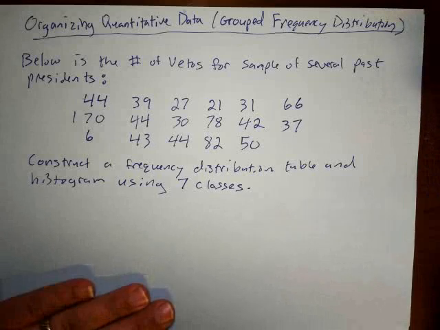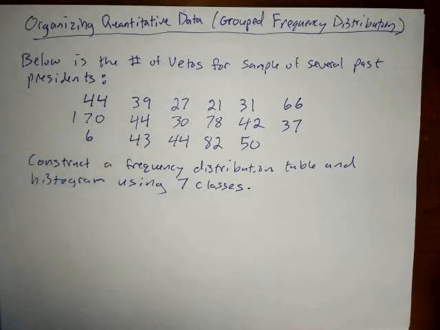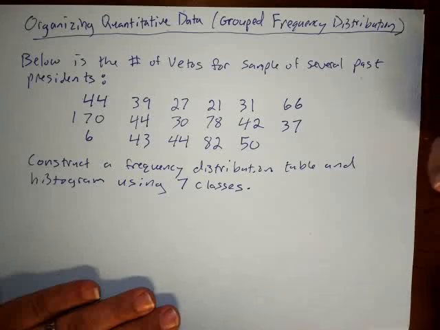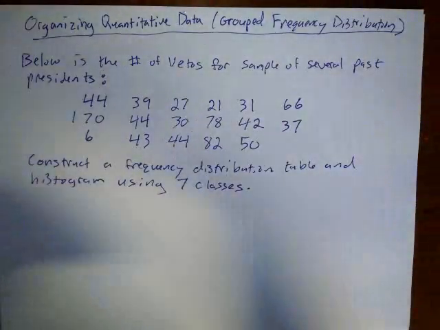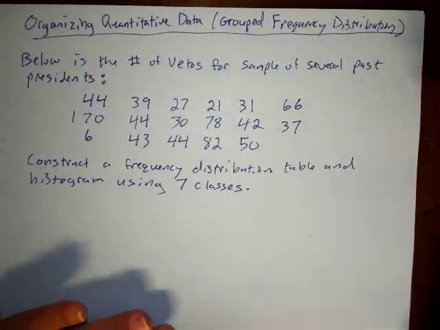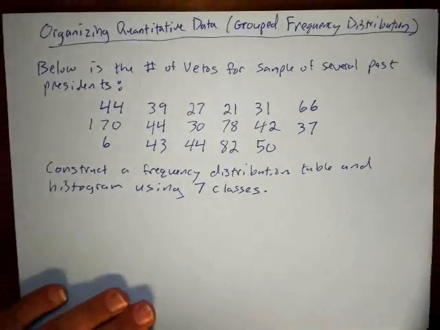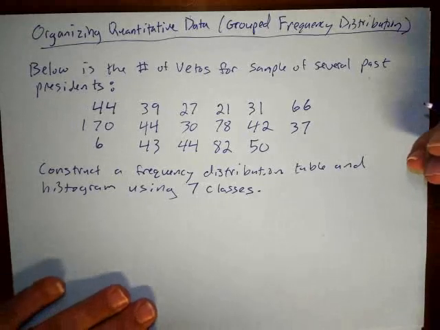But there's other ways you could make the histogram, as long as you follow the rules and the class widths are the same, and you don't have gaps between the classes, there's no overlap. You're fine. You just got to be able to split up the range into your intervals. You got to get your classes so that they're all the same width. So it's not that this is the only way to do it, but this is the way I'm going to want you to do it, and that way you can check and make sure you've done it right. Okay, so